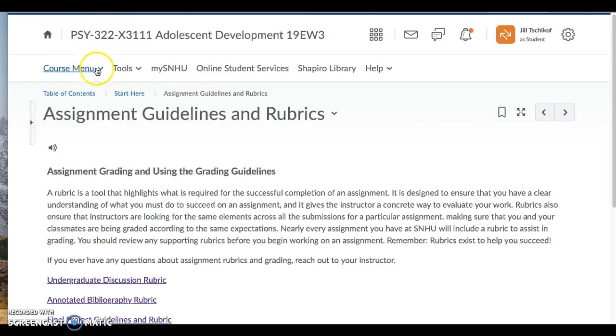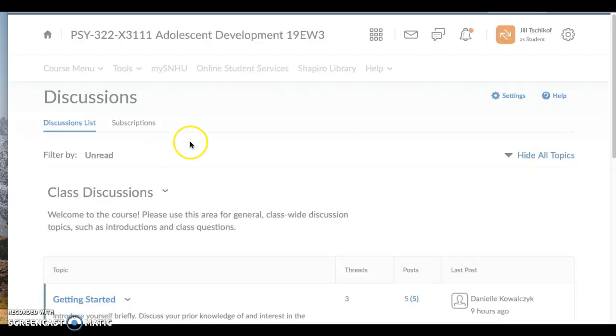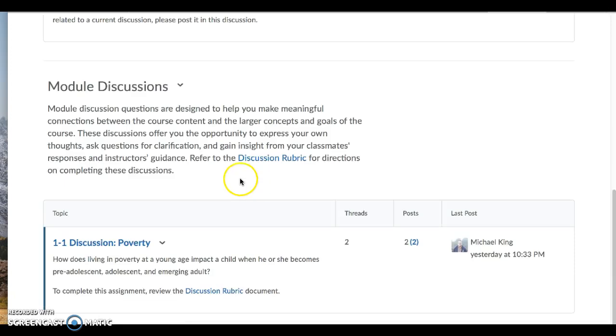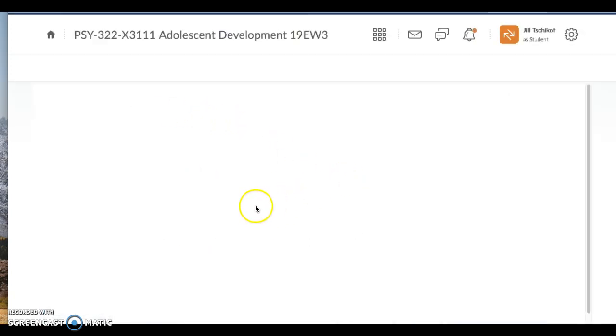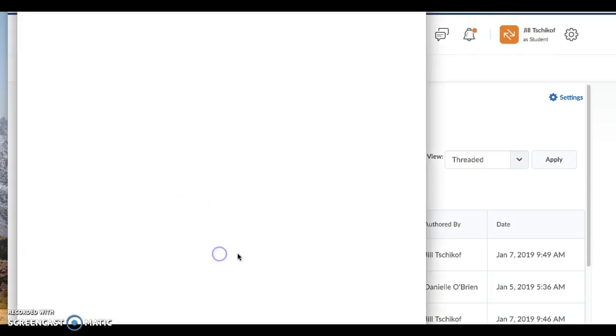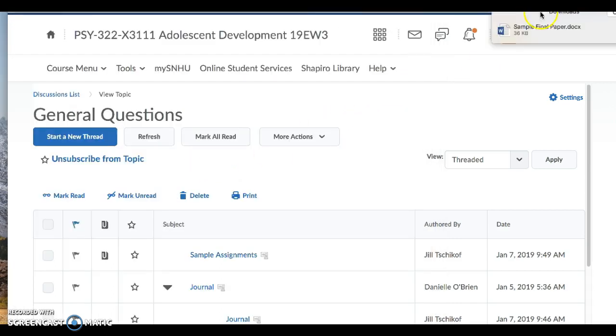And then just like the other assignments, you can go into the discussion and general questions, sample assignments, and here is where you will find the bibliography, the literature review, the final paper. If we click on this final paper and open it up,